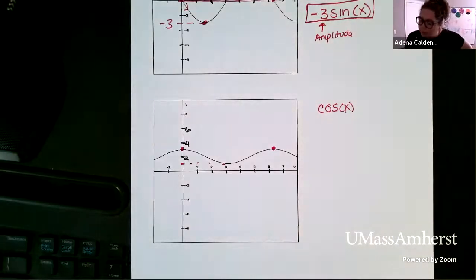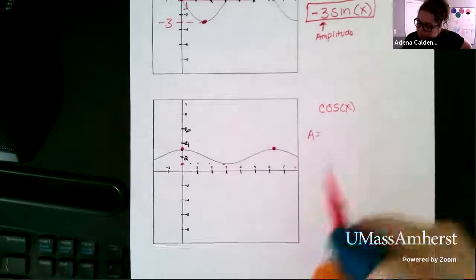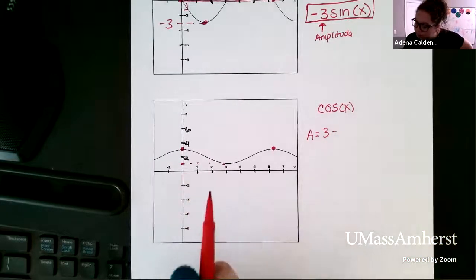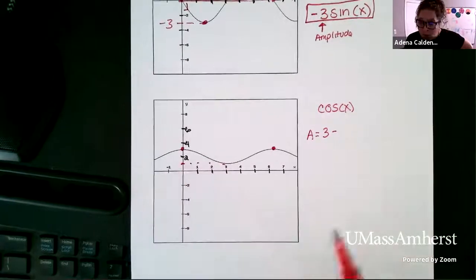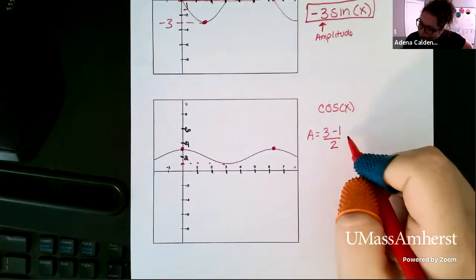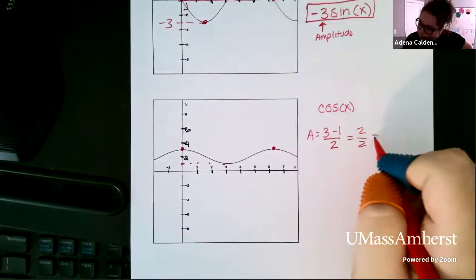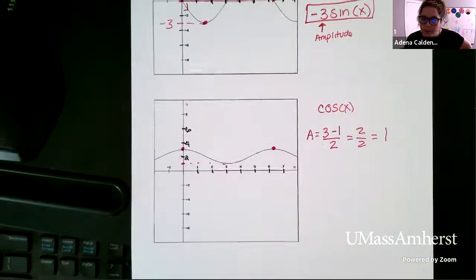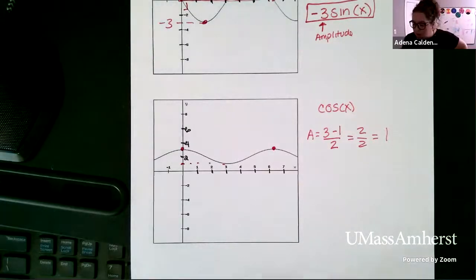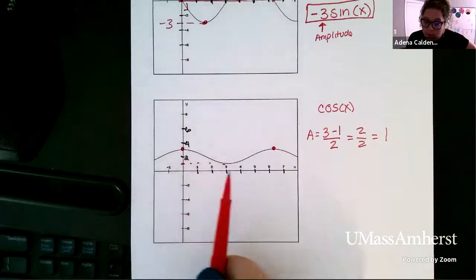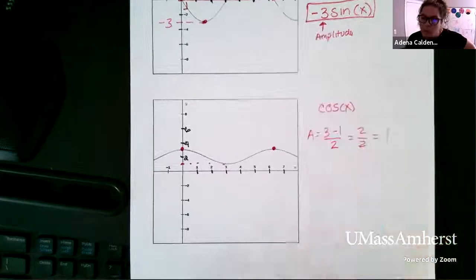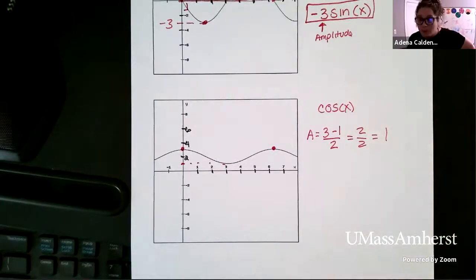Okay. So now I want to figure out the amplitude. I'm going to take the maximum value, which is 3, minus the minimum value, which here is going to be 1, divided by 2. So 3 minus 1 is 2, divided by 2 is 1. So my amplitude here is going to be 1. So I have 1 cosine. Next, I'm going to look at the period. So here I started at 0 and I go to a little bit after 6. So nothing was impacted by the period. So B is still just 1. So far I have 1 cosine of X.